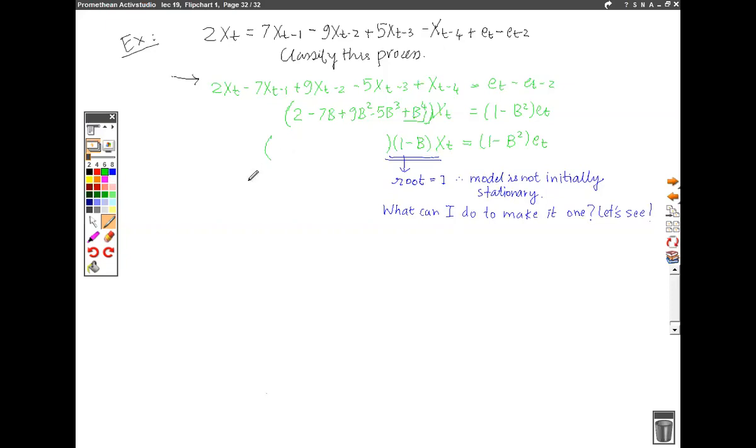Did anyone divide this? It is 2 minus 5B